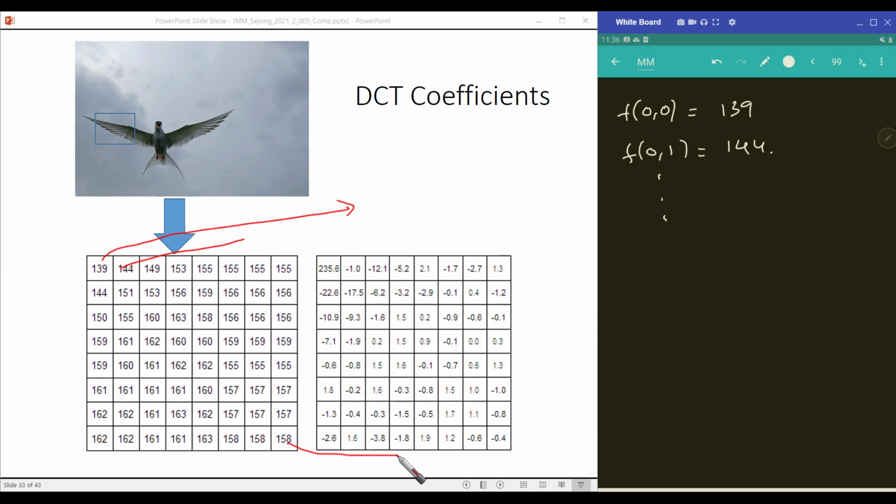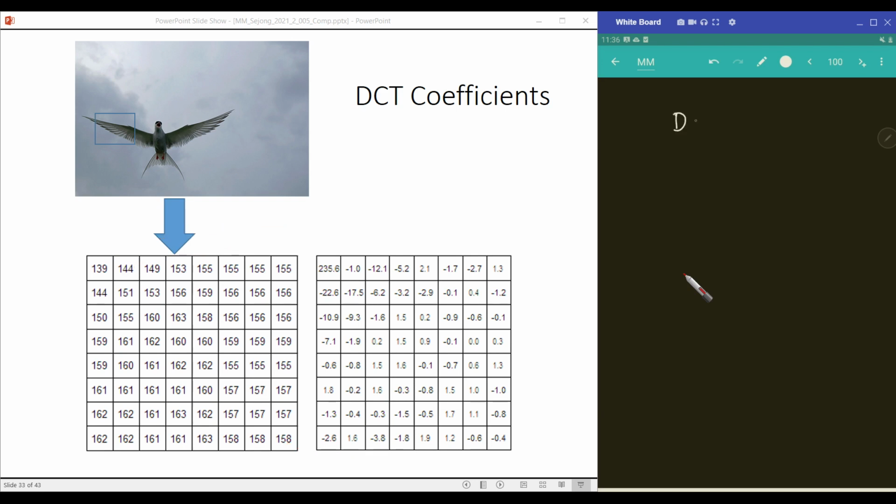This number is basically f77, that is 158, right? In this way, this is our 64 numbers. It started from 00 and ended up with 77. Okay, so now if we apply two-dimensional DCT on these numbers, that means you now calculate